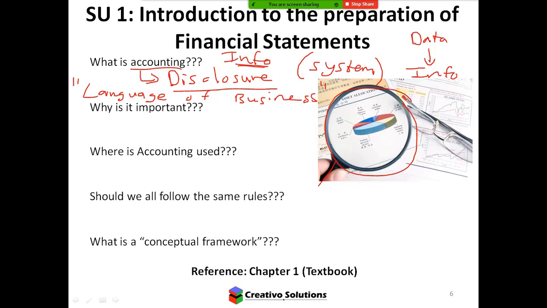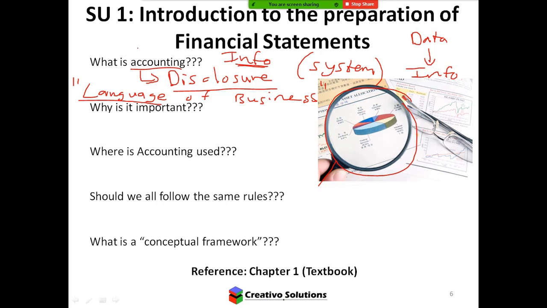So when you look at accounting, accounting is based on rules. It's like speaking a language. We've got verbs, nouns, adverbs, adjectives, et cetera. Those are different types of words that can be used to create sentences, and we can then write paragraphs and we can write a book. Accounting is just that. It's a system that's going to assist you with presenting information that can be used by different individuals,